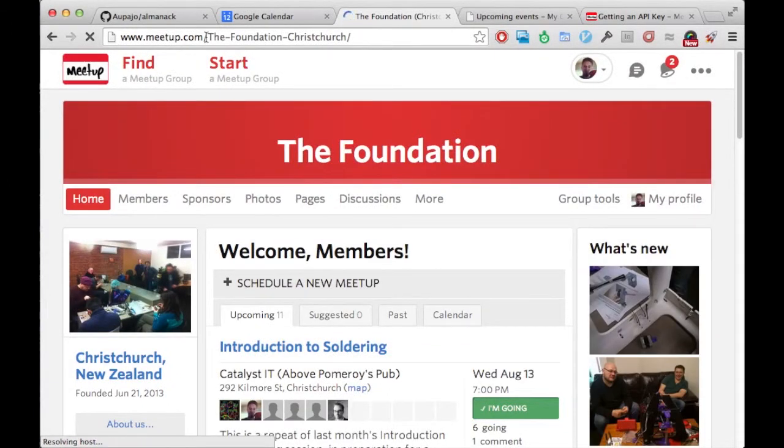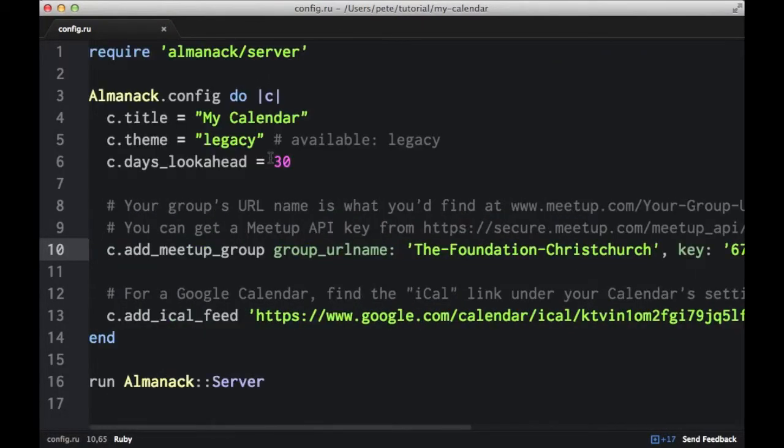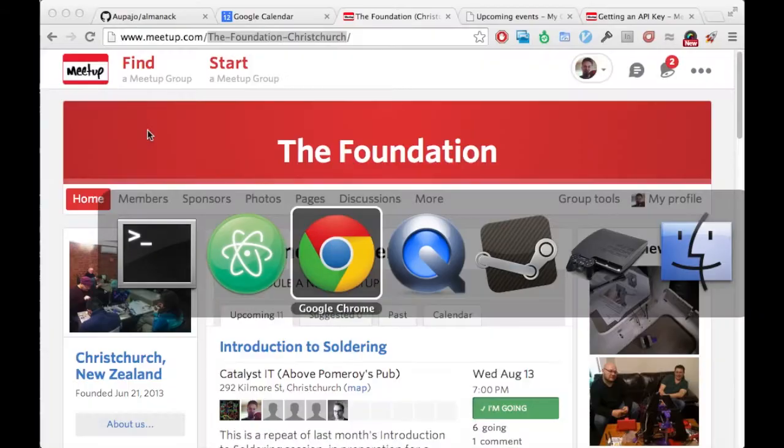And what you want to look for is in the meetup.com URL, you've got meetup.com/ and then some word, right? So you want to borrow that string and paste that in. So there's your group URL name. And that's it. So if you hit save, go back to your command line, type Almanack start, and hopefully now